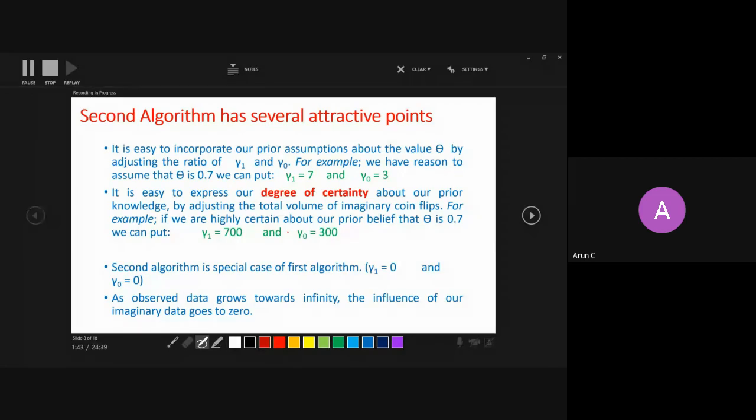It depends upon your belief, how strongly you think, that 50% could be 10 and 10. That means out of 20 trials, 10 times you got a head and 10 times a tail. If you are infinitely strong in your belief, you say out of 1 million times, 500,000 times I got a head and 500,000 times a tail. So there are two beliefs, two degrees of certainty. First, you say 10 times I get head and 10 times tail, a 50% probability. The other time you say 50 million times head, 50 million times tails, it's still a 50% probability of getting a head. But these two cases are different in terms of the degree of certainty.